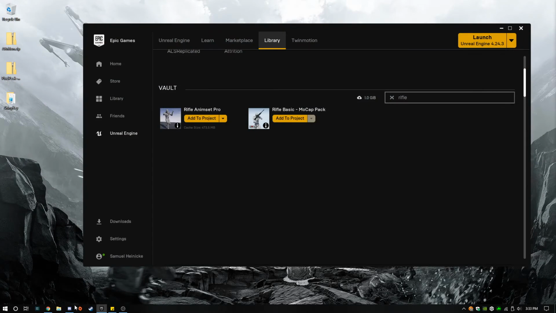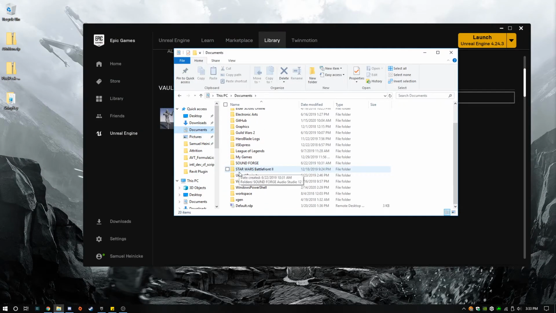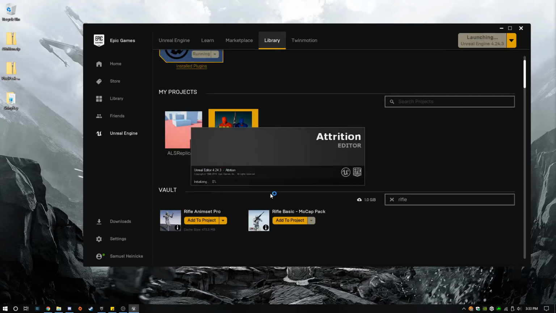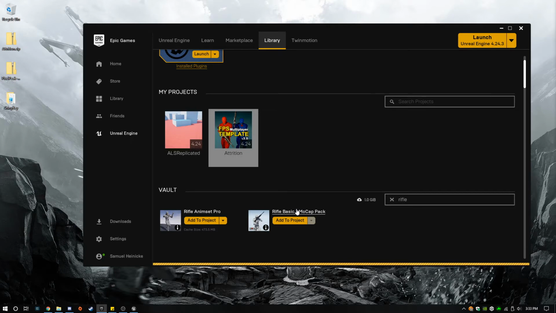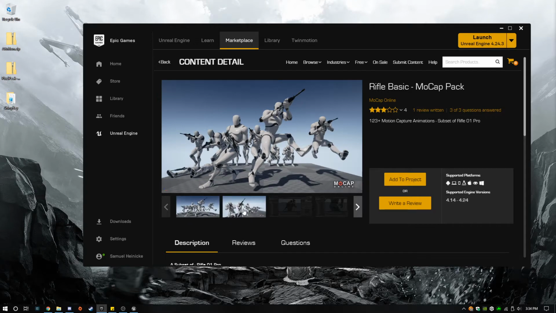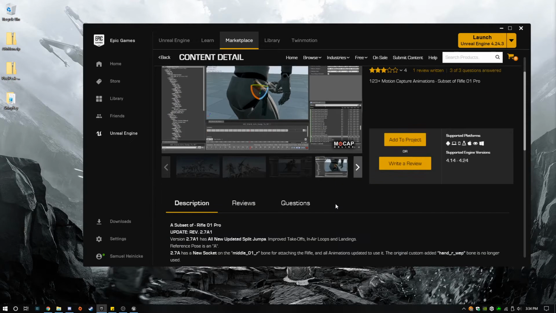We're gonna restart it here too, because sometimes there's some residue that gets left behind. But no, Rifle Basic is the pack we want. It's a much nicer pack. Yeah, that's more what we're looking for.